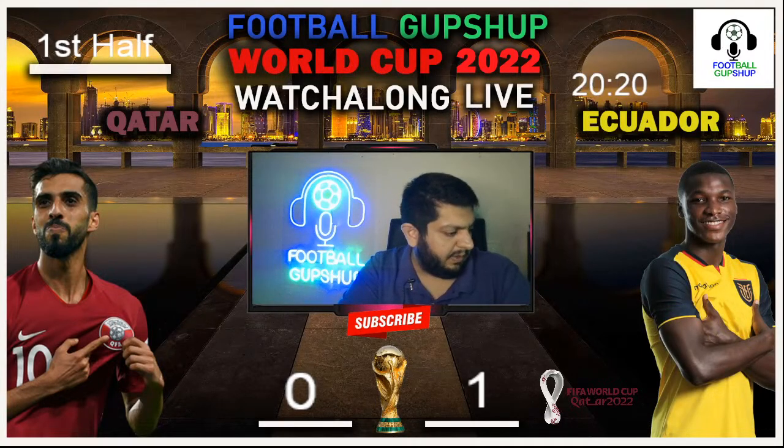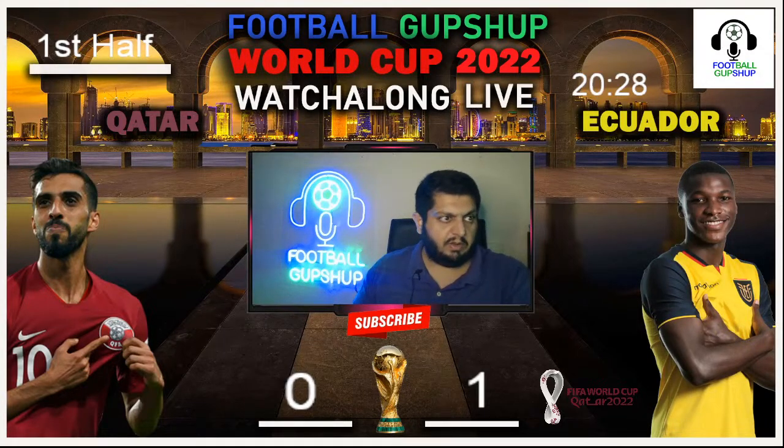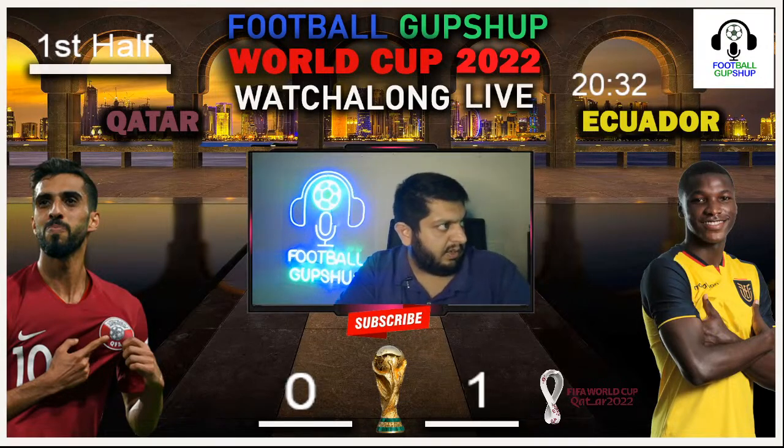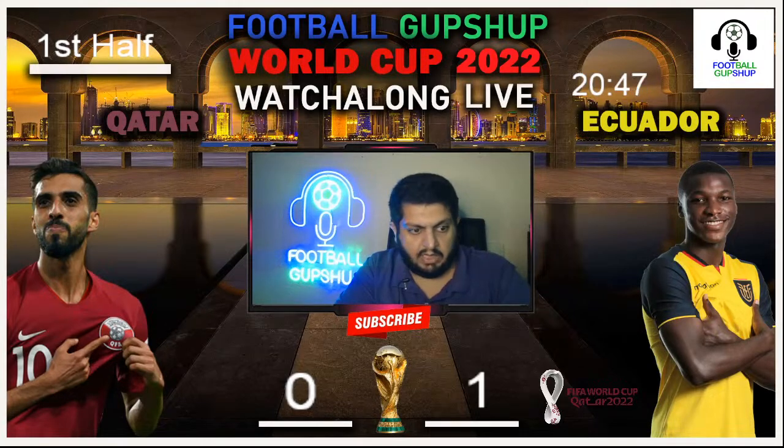Once again, the ball has been pushed forward. Right now, Ecuador on the ball, but Qatar are able to win the ball back over there. So this is turning out to be quite interesting. Right now, the ball has been put forward. Once again, Qatar trying to get to the ball, pushing the ball forward. And right now, Ecuador once again trying to press that ball ahead, but the ball has gone out. It is going to be a goal kick. So Valencia scoring the goal for Ecuador, and right now they are ahead. So this is going to be very interesting.